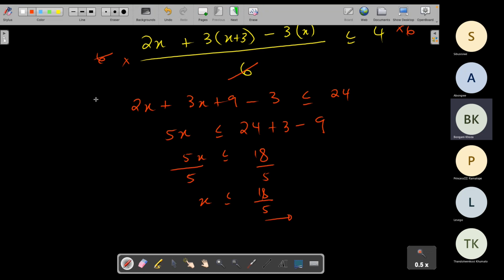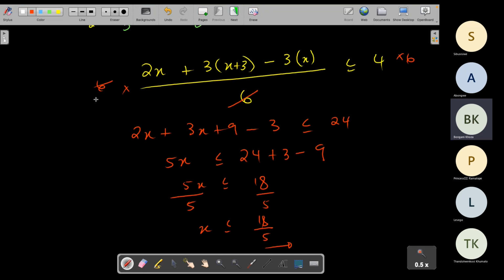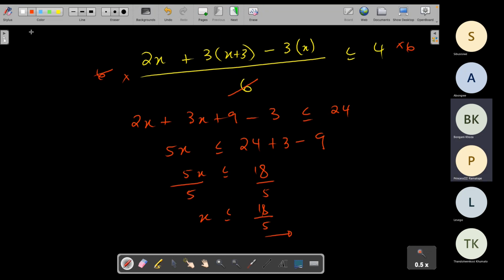Are the comrades still here? So what I'm asking is, would an answer be a fraction? No, it's still an answer. It's not an issue. It's still an answer, so you can still